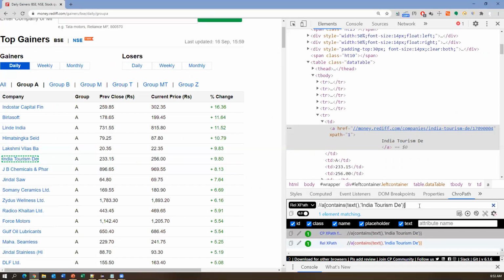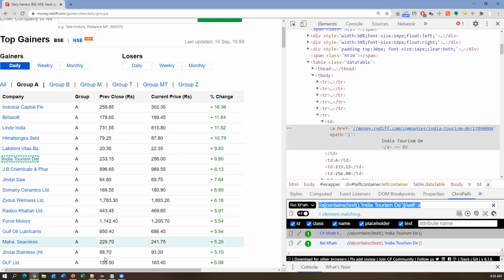Now I want to consider this as a self node. For that, I need to add the self keyword. How to add it: /self. After adding the XPath axis, we need to specify double colons. For every XPath axis, this is the syntax: axis name, colon colon. What is a self node? This node itself that you are considering is the self node. So we have to specify some attribute or some tag name of the element. Let's say the tag name of the element is A. When I press enter, it is locating the same element.